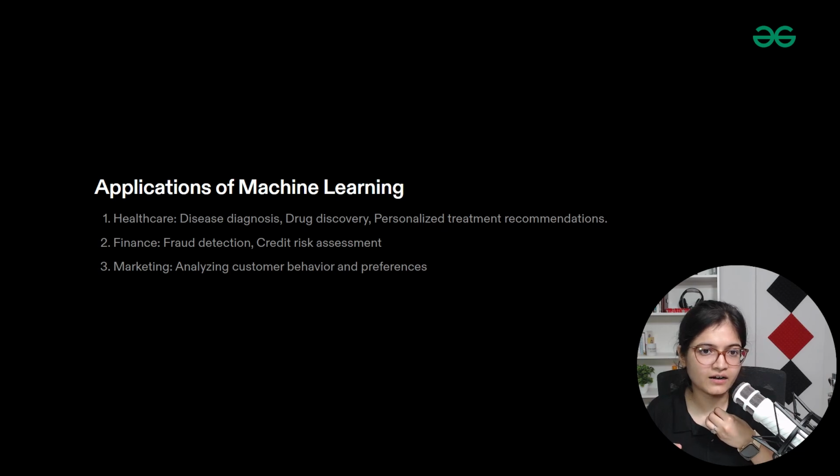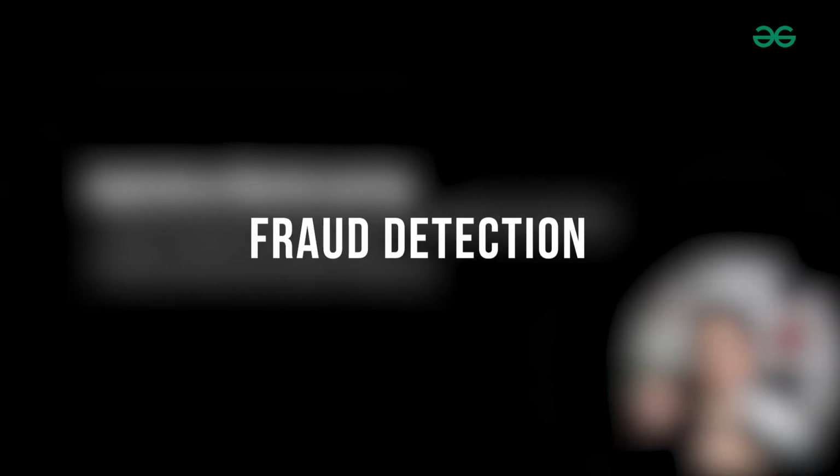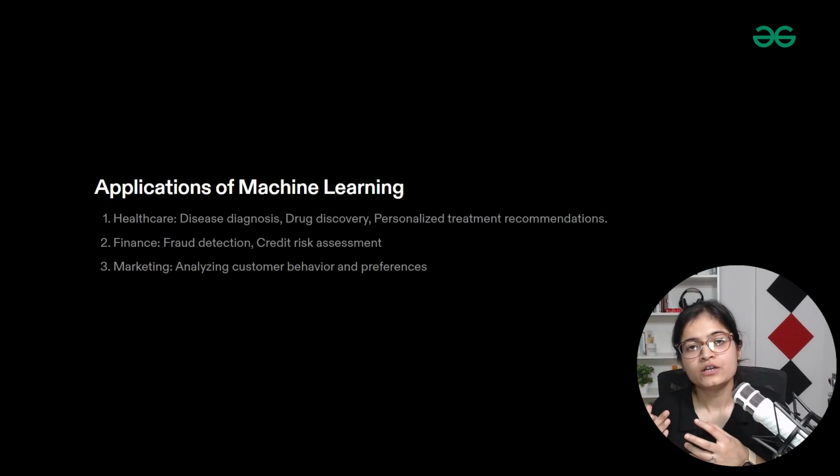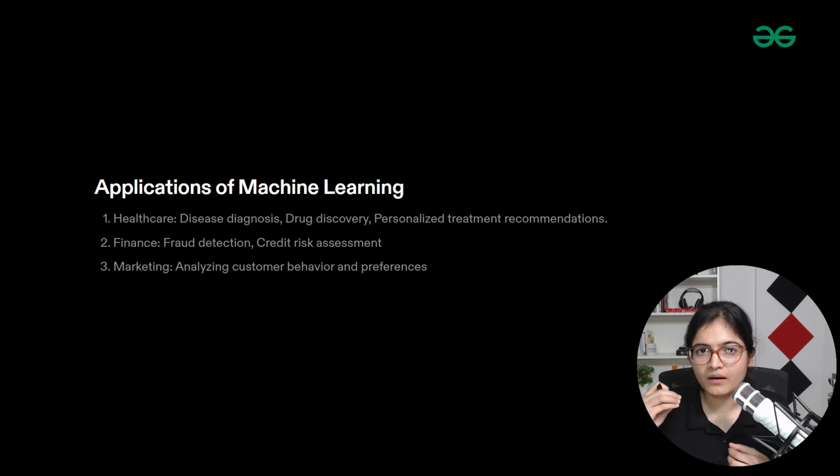Similarly, let's say we want to detect whether a person is a fraud or not, right? Depending upon the features, meaning whatever information the customer enters at the bank, and depending upon his or her past history, machine learning models will be applied, and with the help of that we will be able to find out whether a person is a fraud or not.